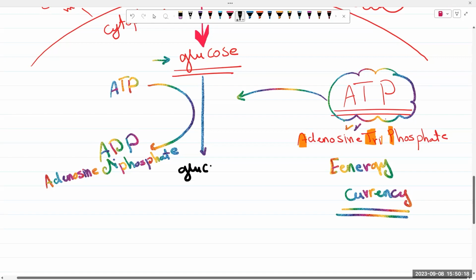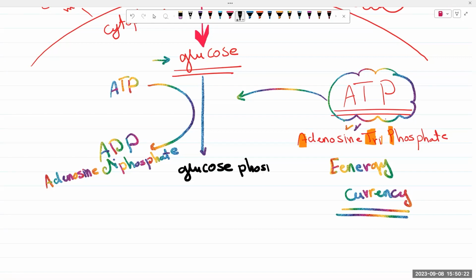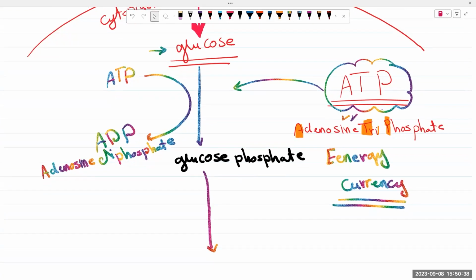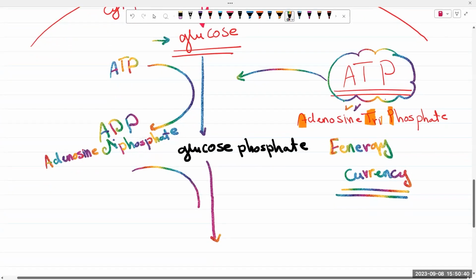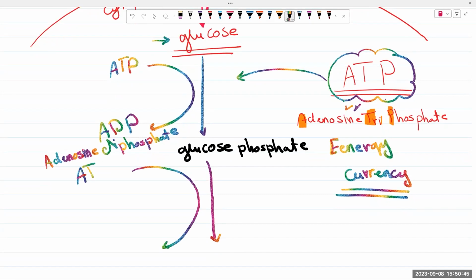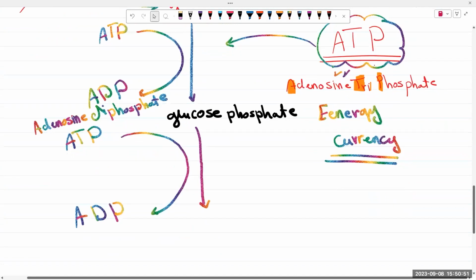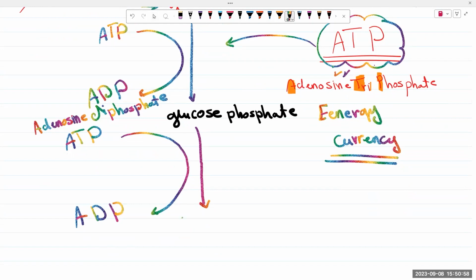One more ATP molecule will be required for more activation of the glucose. So here one more ATP will be converted into ADP, making more phosphorylation, and the phosphate will be converted into fructose